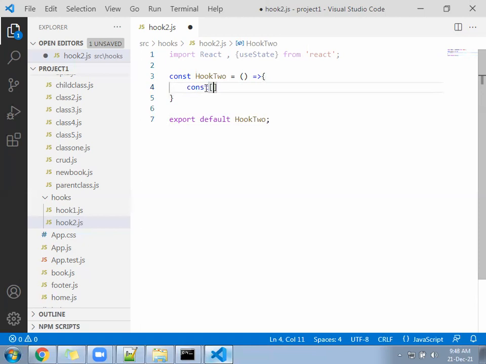Create a constant variable that is itemList, comma, updateItem, equal to useState, and this will be as an array.